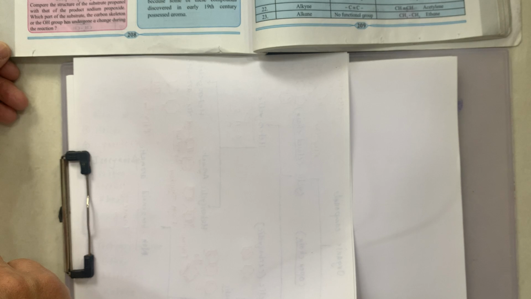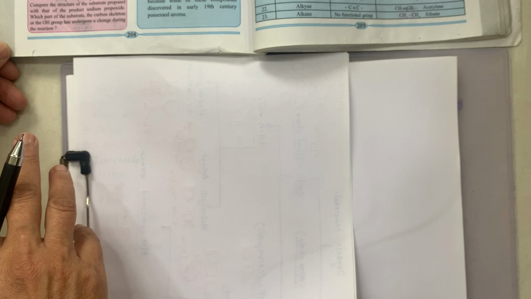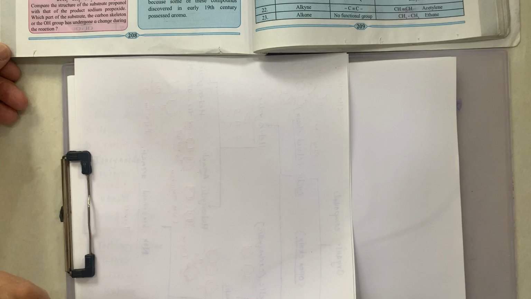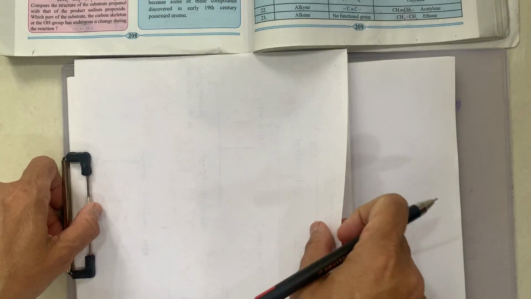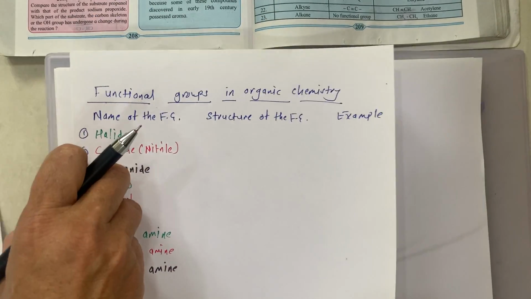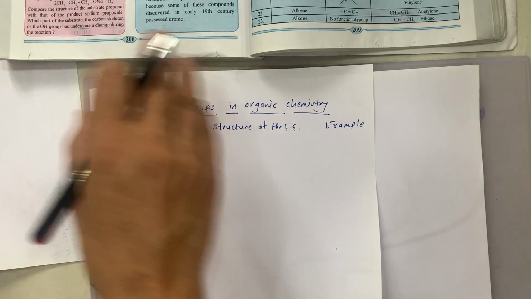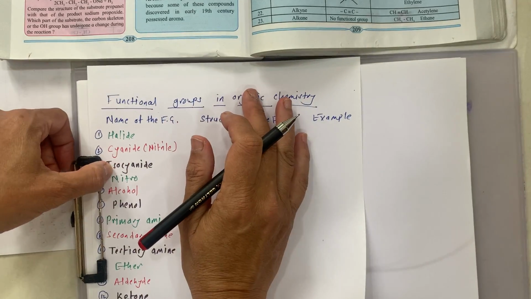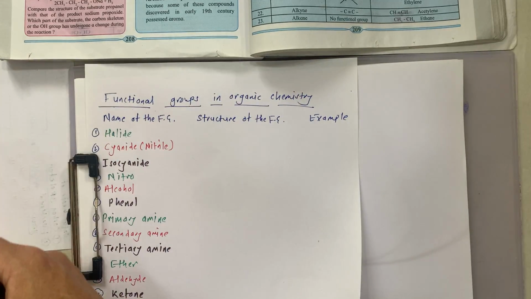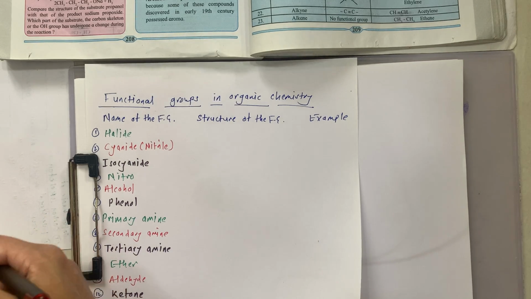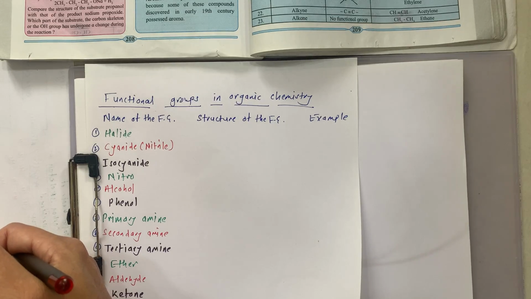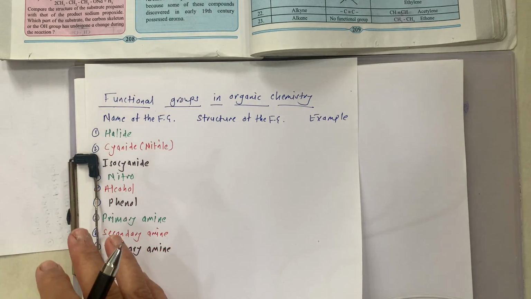In other words, we may say a part of an organic molecule which undergoes change as a result of reaction is called a functional group. Okay, so we will see one by one. See here. These functional groups have their own family, and this family shows the typical characteristics. Now suppose here it is our